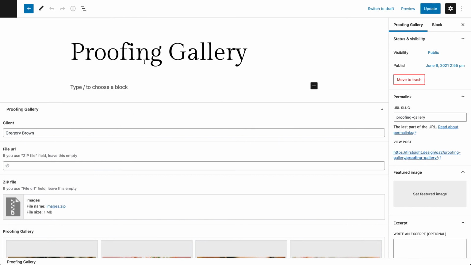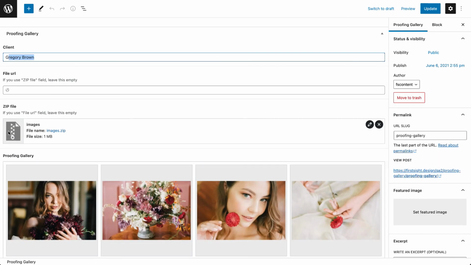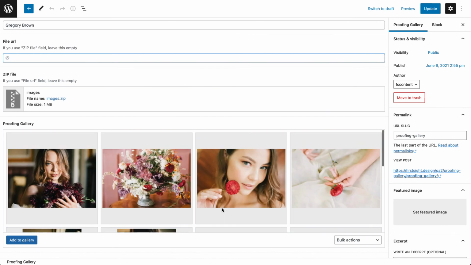You'll be able to choose a name for your gallery, add client's name. You can here upload a zip file with all photos that you want to pass to your client, and your client will be able to download that archive, or you can provide an URL to a third-party service if you are using one to store all the photos, and your client will be able to download them from there. You can add your photos here to the gallery. On the right,